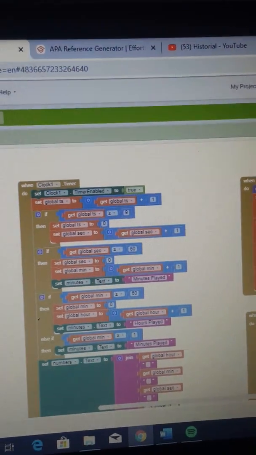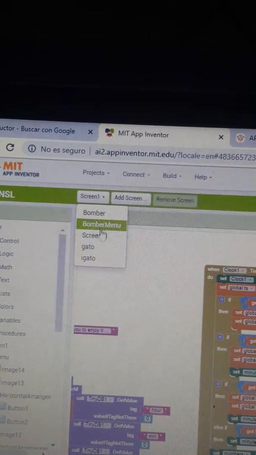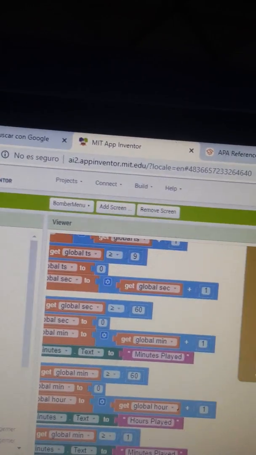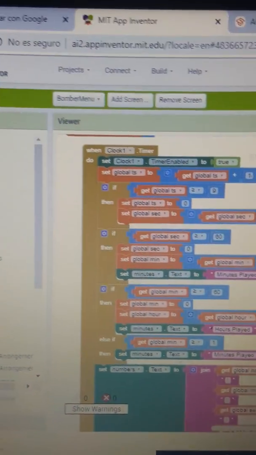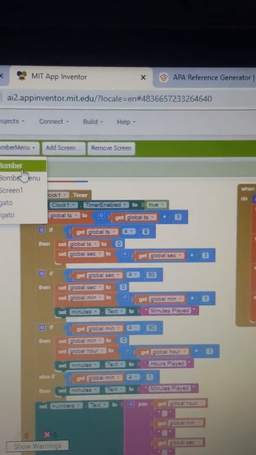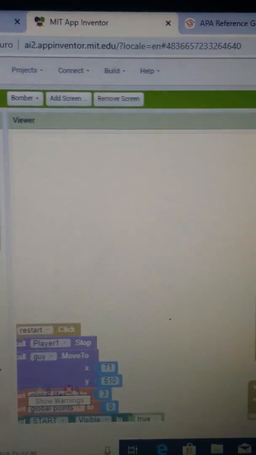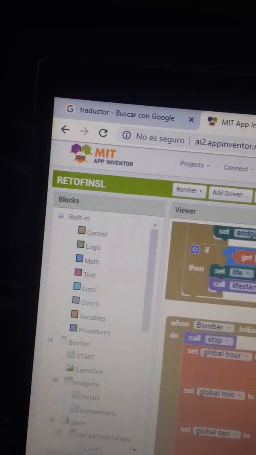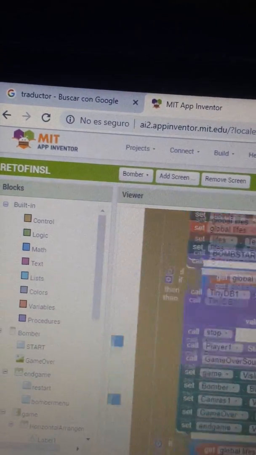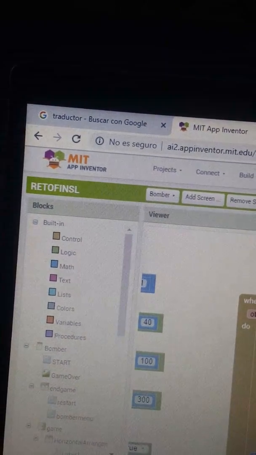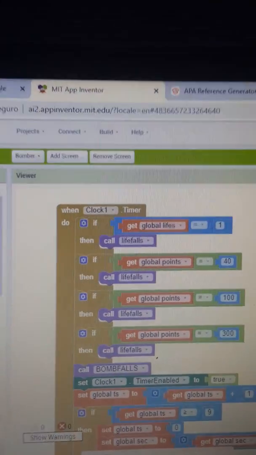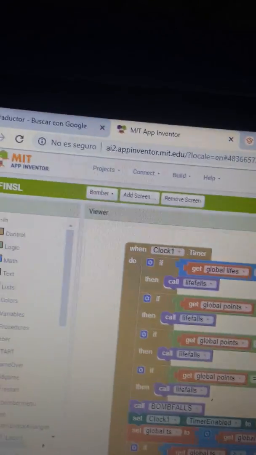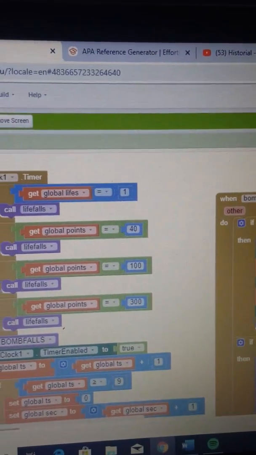see here. If I change from screen to any screen, the block is the same, with the exception that in Bomber it has more blocks, like here. This is the same block but with different things, this part. Okay, so returning to the first screen,